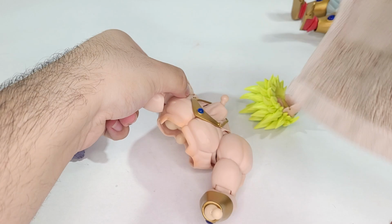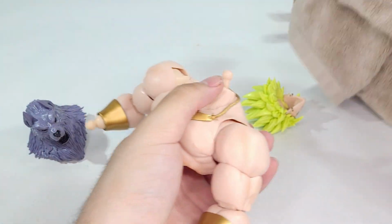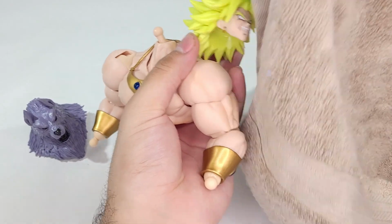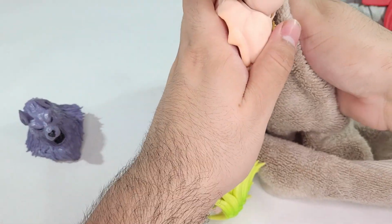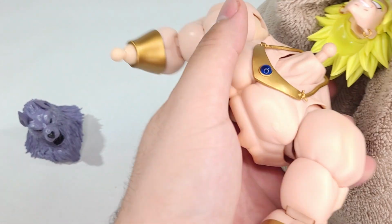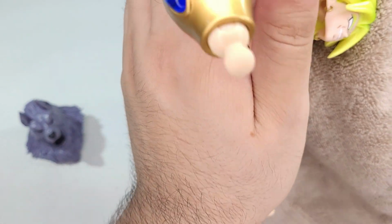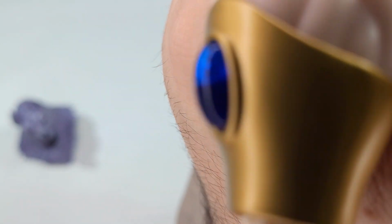I pop off the head. Oh well, I'm gonna pop it back on. Well, there's the arms. Now, back to the head. Just so you guys can see, it should be easier now that I had time to adjust. Shit. So again, if it pops off or anything, just make sure to do it with...